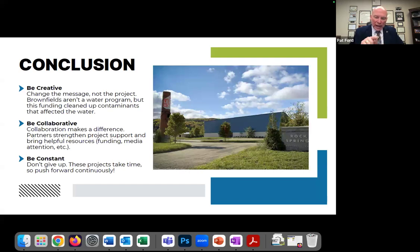So once we were able to illustrate that we weren't afraid of a brownfield, we understood a brownfield, we understood that there could be an end game to a brownfield, we used this replicable approach, if that's a word or a phrase, to then begin tackling pottery factories in New Cumberland, steel mills in Weirton, another steel mill in Follansbee, a glass factory in Wellsburg, another steel mill in Beech Bottom,